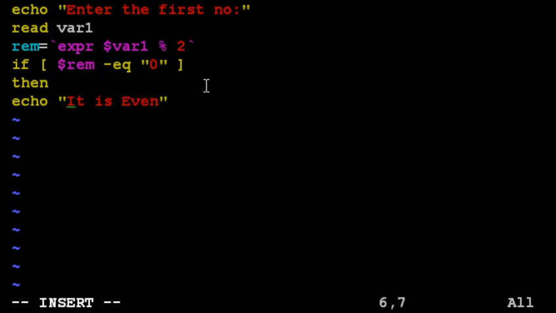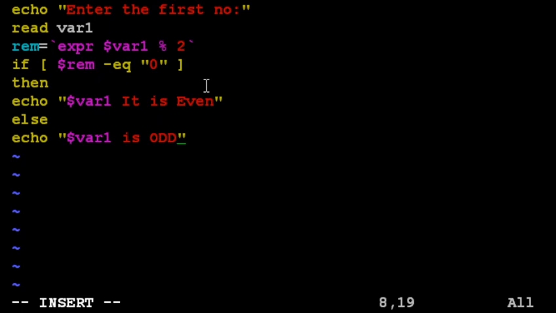And if you want to concatenate your number, then here you can say $var1 is even, and else you can write here echo $var1 is odd. And then to end the if statement you have to use fi, that is the opposite of if.